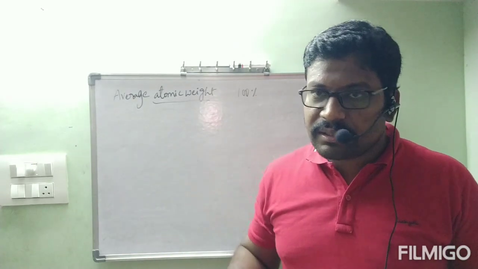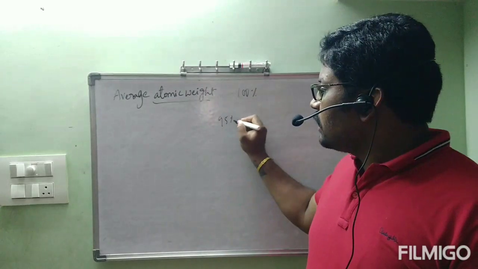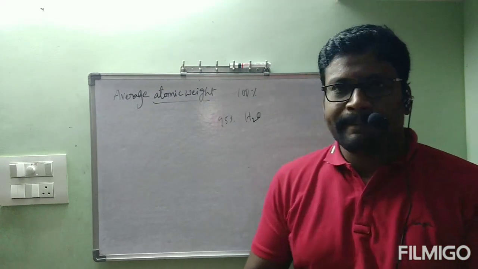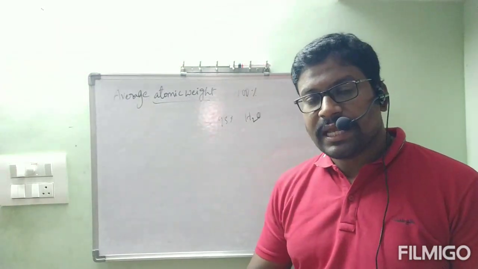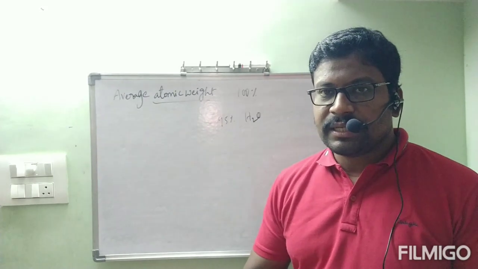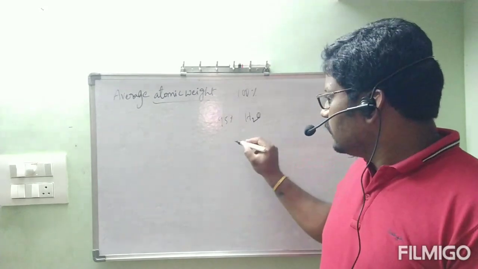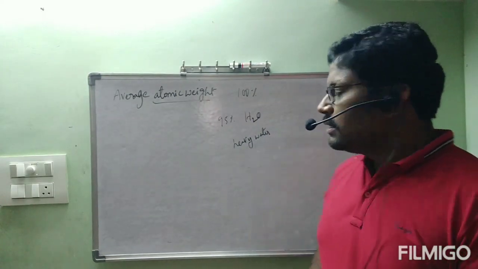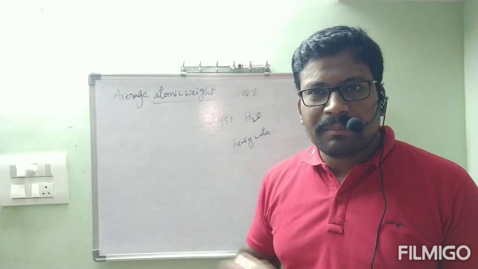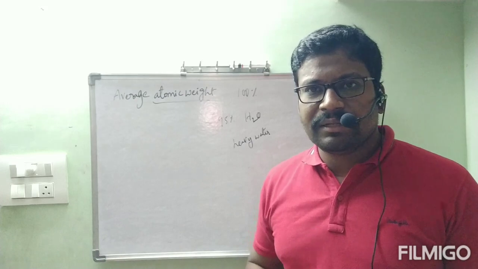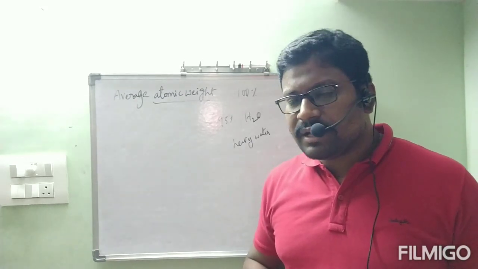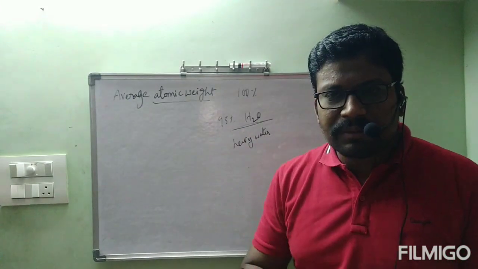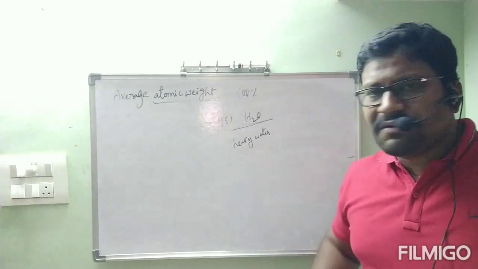In that 100% water, almost 95% of the water is H2O. What about the remaining percentage? The remaining percentage is heavy water. In household purposes, whatever we are drinking, mineral water, bore water, and in polar regions, the maximum amount is present in the form of H2O only. Not a problem. It is correct, H2O. Then what is this heavy water called?